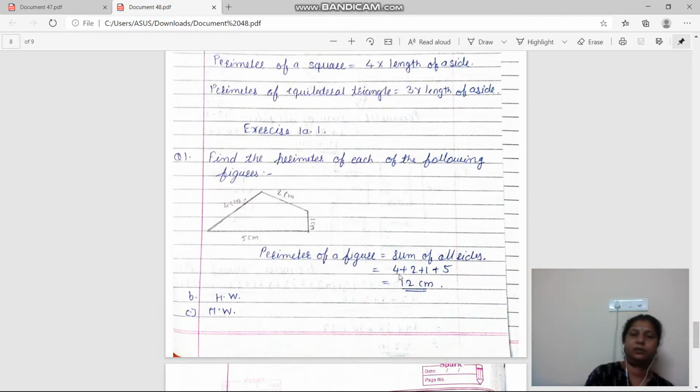So 4 plus 2 is 6, 6 plus 1 is 7, 7 plus 5 is 12. It is 12 centimeter. Get it? Now B and C are easier examples, that's why I have given them for homework. So draw the diagram as I have drawn here, write the formula same,